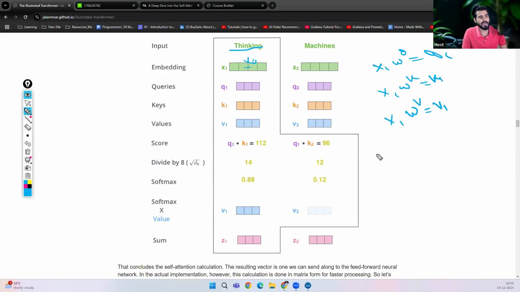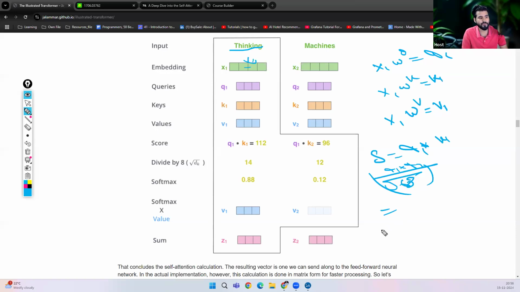Then we are going to calculate the score equal to Q1 into K1. Then whatever the score that we are getting, we are going to do the division by 8. Okay, so Q1 into K2, we are going to do the division by 8, not a root, it's 64, let's write. Okay, and we will get the 8. Now whatever the output that we will get, this particular output we can use to calculate the probability using